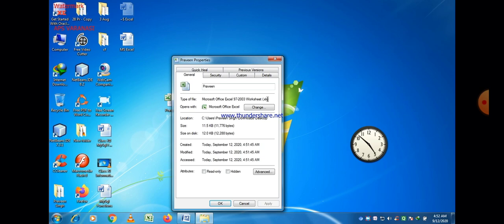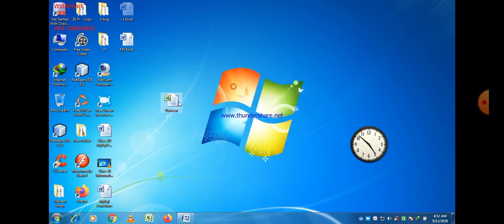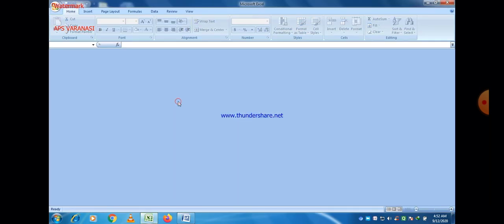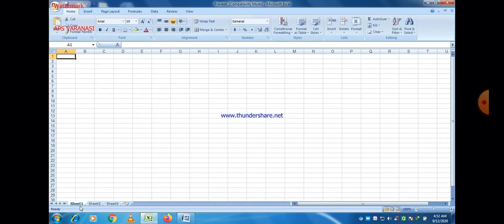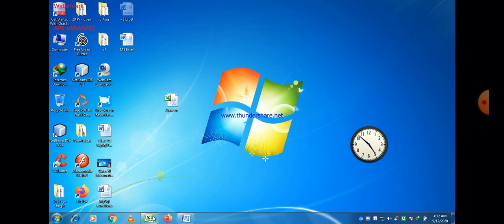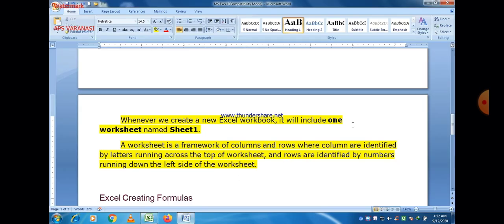It is the extension of an Excel file. Now you can open the MS Excel file. The 2003 version of Excel is very old. Now you can easily see that 3 different worksheets are here.